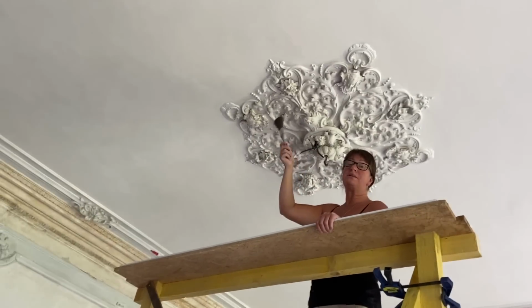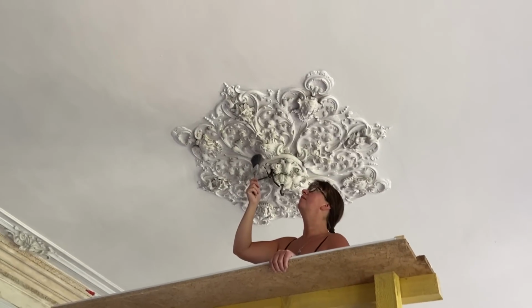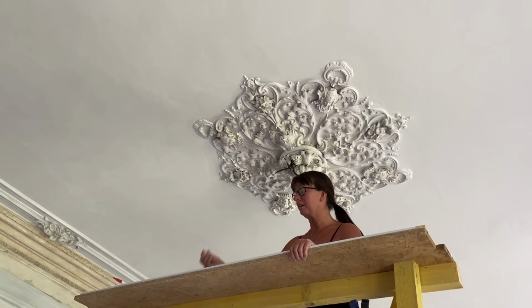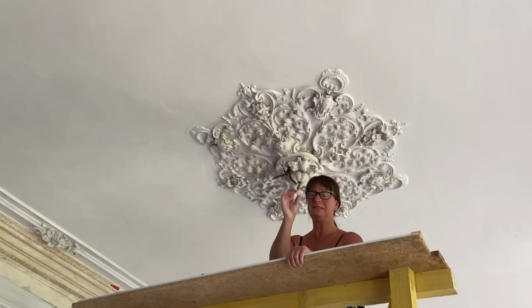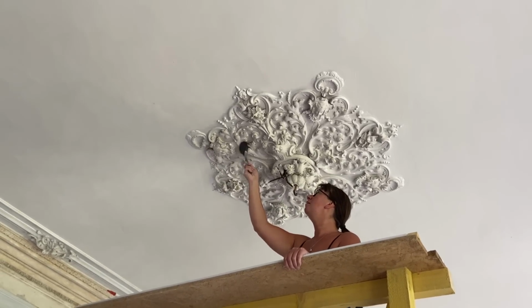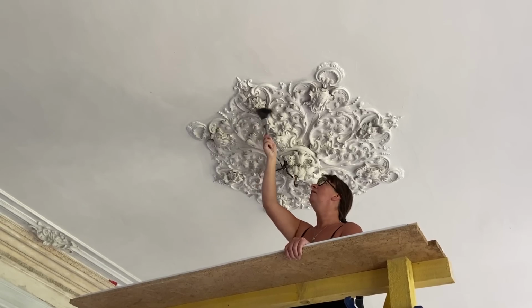I'm not going to wash this ceiling because it's so delicate. I'm just dusting it off. It's so delicate that I already had one piece fall off already. Get the glue out. So I'm going to have to glue that on. So I'm just dusting it off carefully. Yeah, I've done that